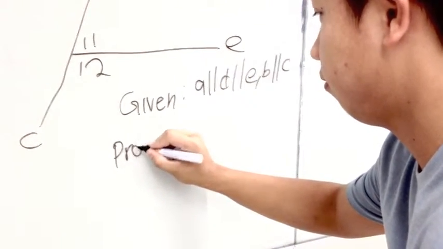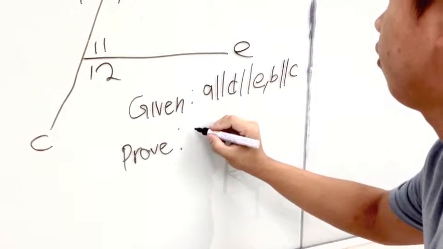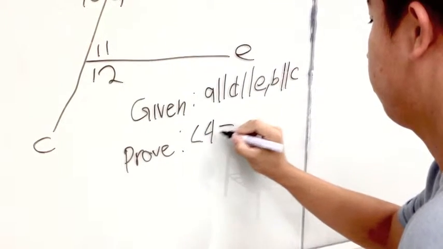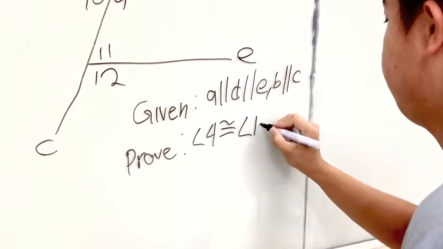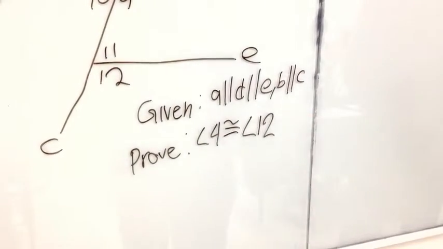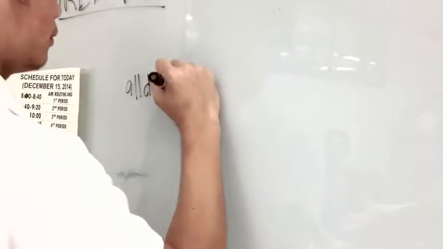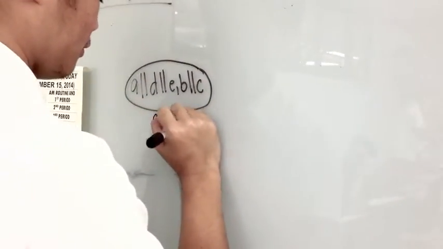Given that A is parallel to D, parallel to E, and B is parallel to C, prove that angle 4 is congruent and has the same measure as angle 12. Given that A is parallel to D, and D is parallel to E, and B is parallel to C,